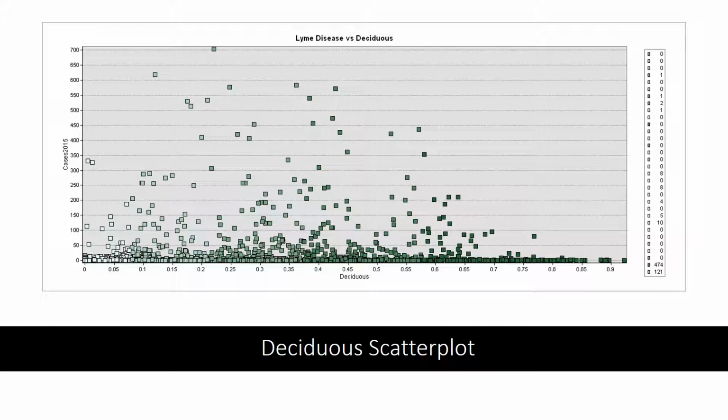The deciduous scatterplot can tell us a lot about the range of Lyme disease. The low and high values of deciduous trees have 0 cases of Lyme disease because there are either no trees or there are very healthy forests with foxes to eat the mice that carry the disease. The middle area has the highest amounts of Lyme disease because there are no foxes, a lot of mice, high urbanization, and fragmented deciduous forests. These are areas where ticks thrive and can easily transmit the disease to people with little to no predators.